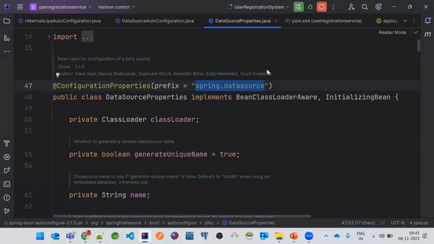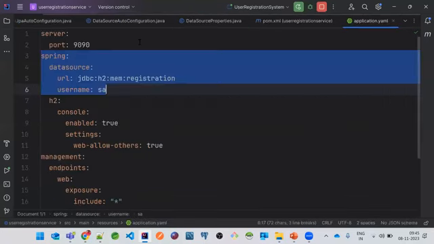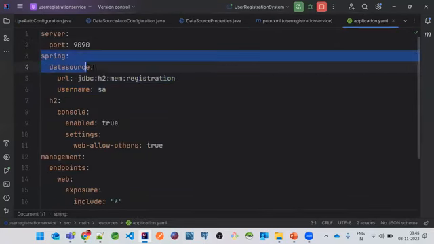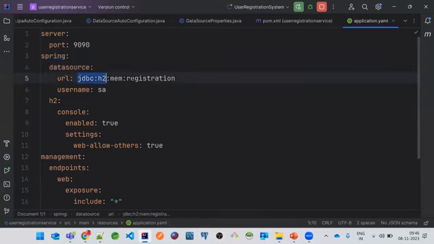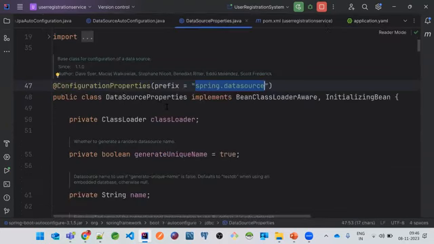So this spring.datasource has been used in our application.yaml. So if you see here, there is something called spring.datasource, and then probably this is the URL, right? Now, if you just go to this DataSourceProperties,